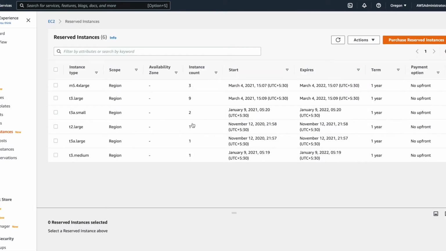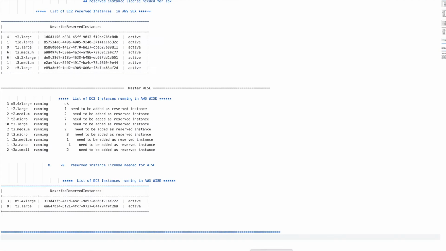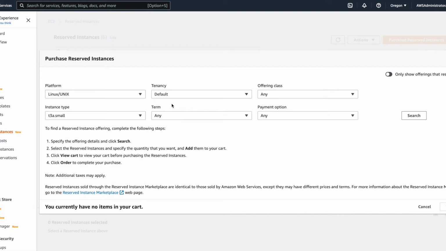These are the list which are already purchased, and if you want to buy some new instances, click on purchase reserved instances and then let's say T3A small, this one, term for 12 months and a no upfront payment option